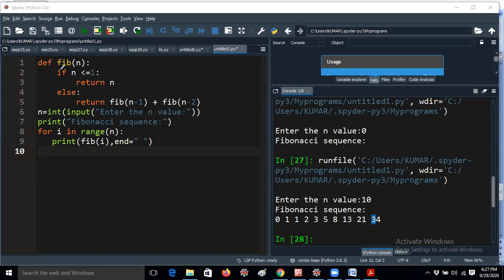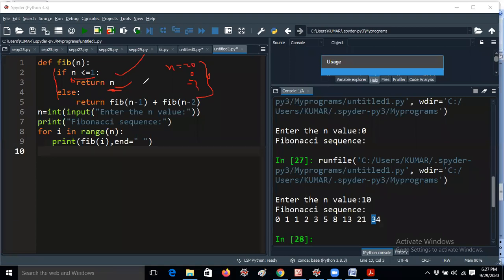So once again I'm repeating, you can use a simple if else, using this. You just replace it with n less than or equal to 1. Earlier I was giving n equal to 0, return 0; if n equal to 1, return 1. Instead of that, we can add this line, which will return n. That means if you give 1, it will return 1. If you give 0, 0 is less than or equal to 1, so it returns 0 only.